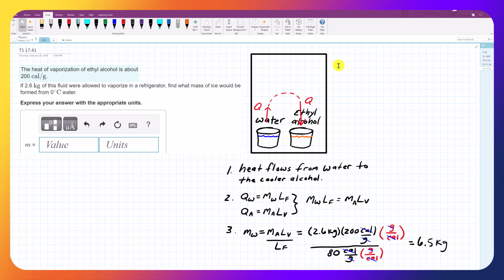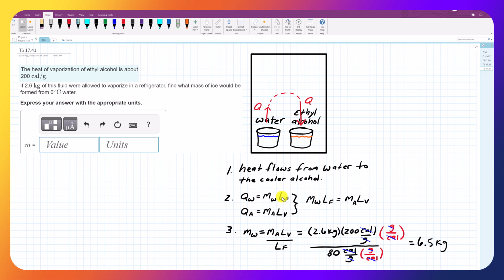Here's my refrigerator, and in my refrigerator I place a cup of water and a cup of ethyl alcohol. The water is at 0 degrees Celsius, but some heat flows from it to the cooler ethyl alcohol. So in number 2, the amount of heat that leaves the water is causing a phase change because the water is sitting there at 0 degrees Celsius. The amount of heat that's leaving the water is equivalent to the mass of the water times the latent heat of